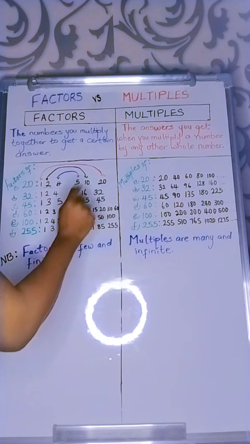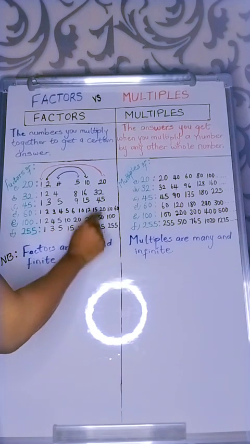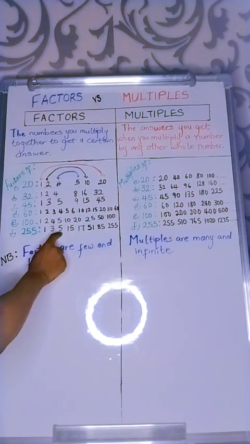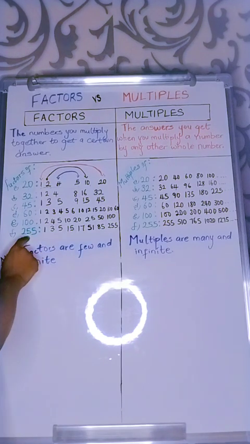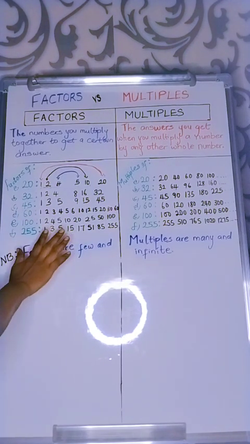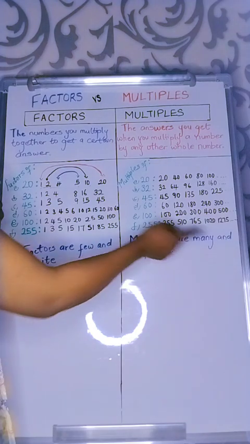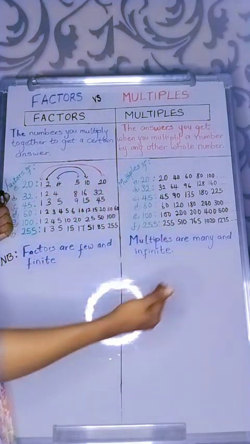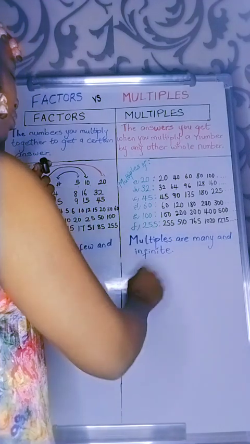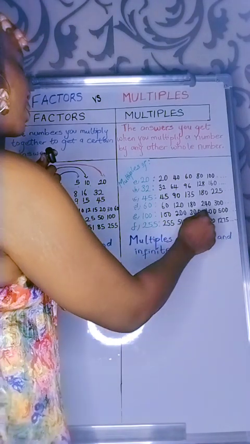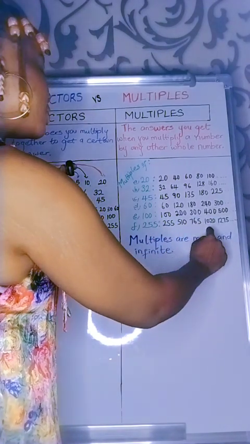As you are writing 3, you are writing down 85 also. 5 times 51 will give you 255. 15 times 17 will give you 255. These are all the factors of 255. Then for the multiples, just continue adding 255 to the product, and you'll be getting the new number. 255, 510, 765, 1020,